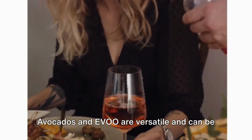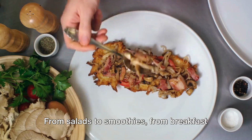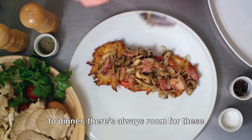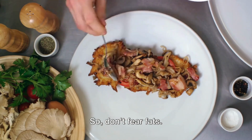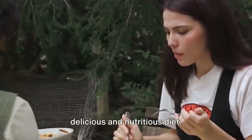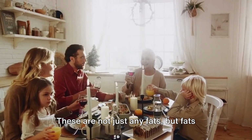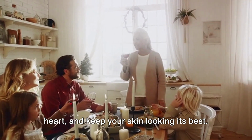Avocados and EVOO are versatile and can be incorporated into your diet in numerous ways. From salads to smoothies, from breakfast to dinner, there's always room for these nutritious powerhouses on your plate. So don't fear fats. Embrace these healthy fats for a delicious and nutritious diet. These are not just any fats, but fats that fight inflammation, support your heart, and keep your skin looking its